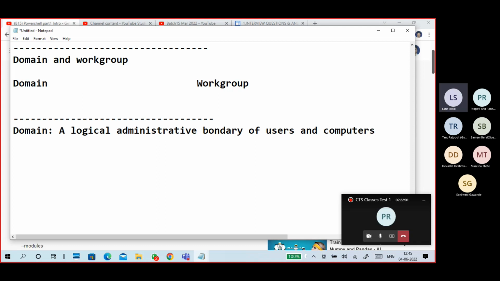You have to check this. This is the first one. Second, here it is. What is Active Directory domain? What is Active Directory? Also, there is a question, right?